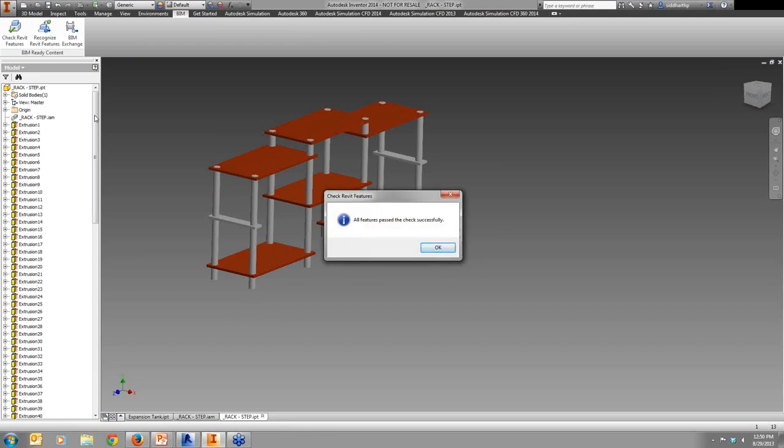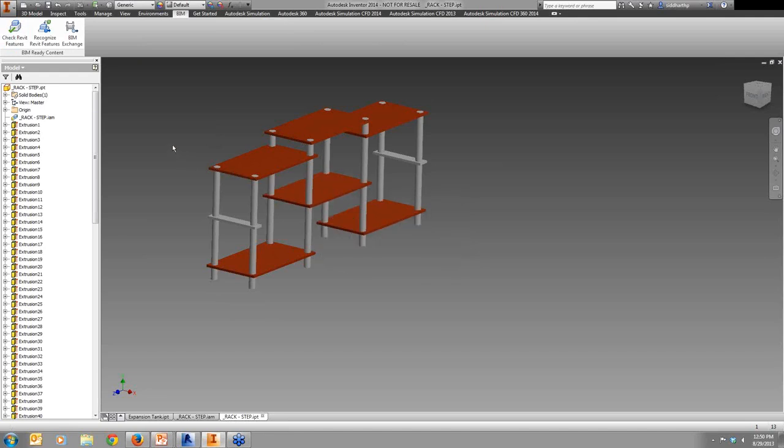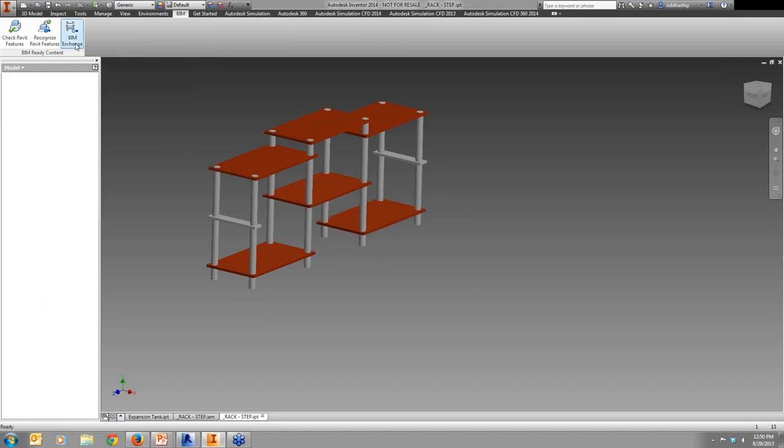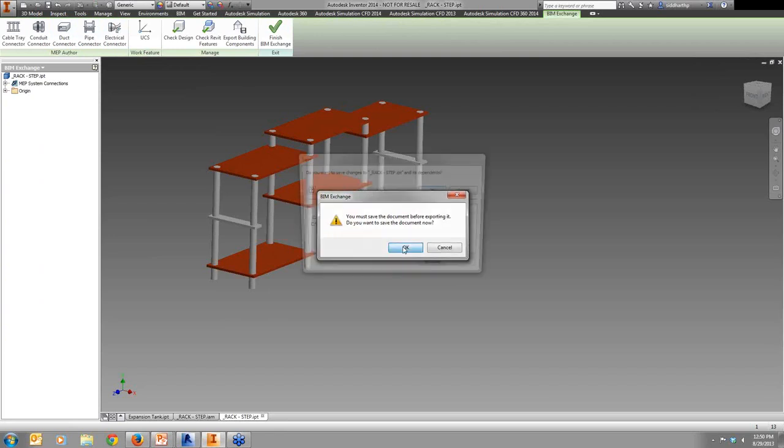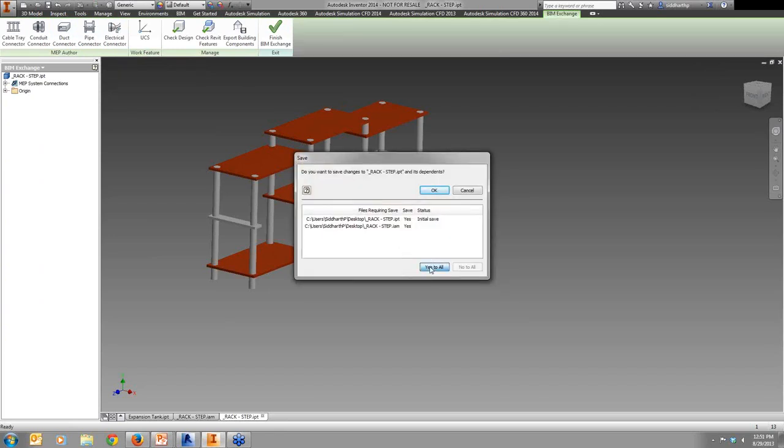And once that is done, since we did most of the work in the assembly environment, it tells me here that all the features have passed the check successfully. So at this point I can simply go to BIM Exchange, and there are no connectors that I need to add here. I can just simply go to export building components. Let's save this, hit yes to all,